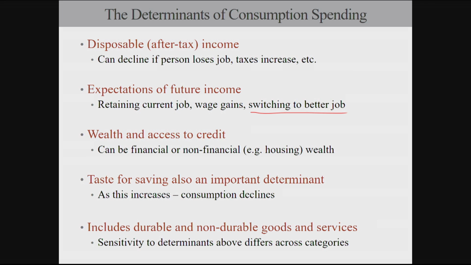future income. And this is happening over and over again for tens of millions of people in the US economy and for people in other economies all over the world. And when we think of things at a macro level, we're trying to aggregate up all of these things. So at any point in time, you've got people who are maybe losing their job, other people who are switching to a better job. And at a macro level, the question is whether you can average over all people to get a sense of whether expectations